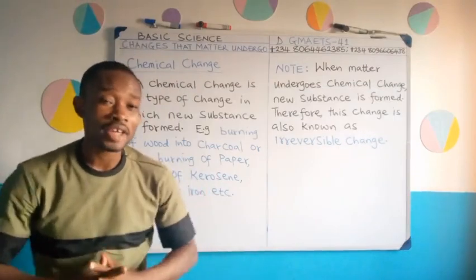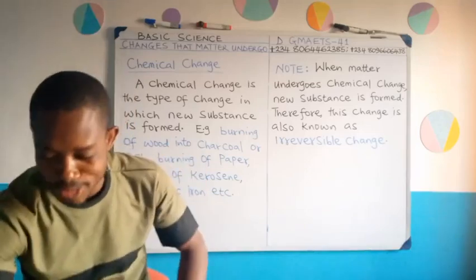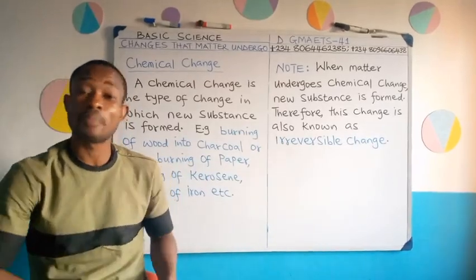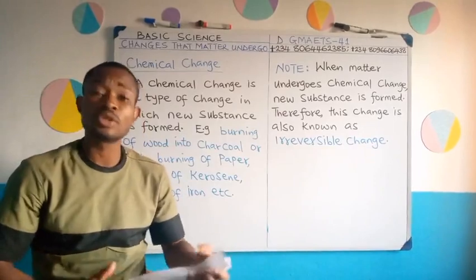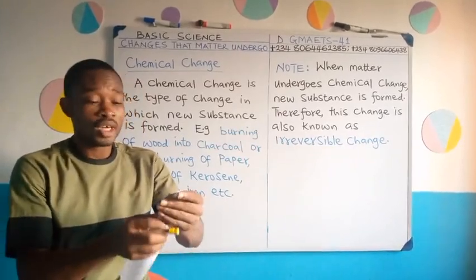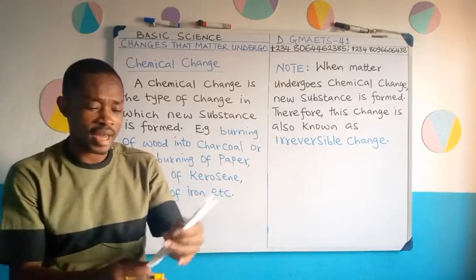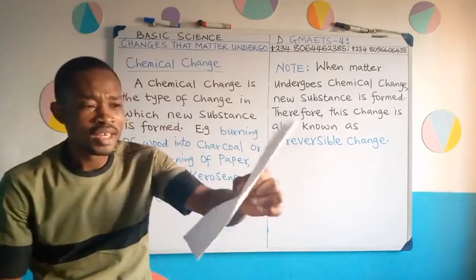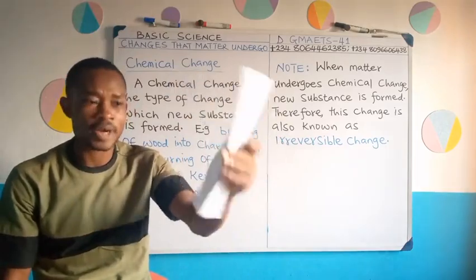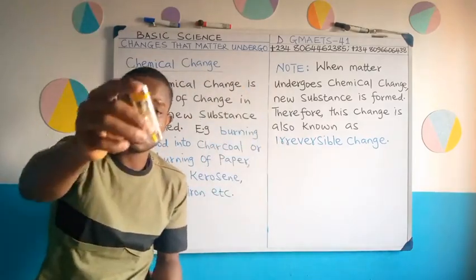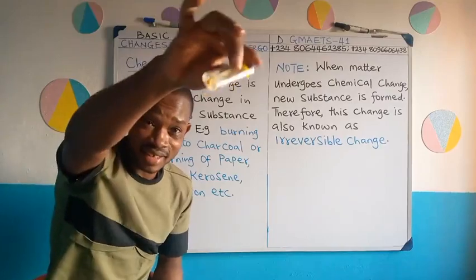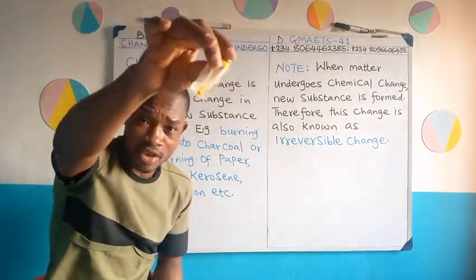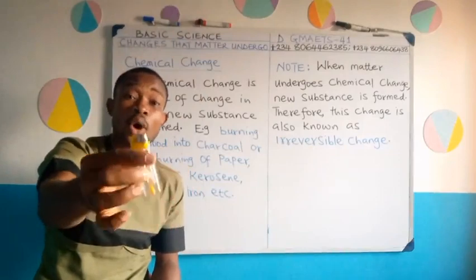Now we are going to try a quick home experiment. You can also do that to understand the idea of chemical change, when we say that you cannot reverse the process and a new substance is formed. Look at this. This is paper. Now I have this lighter. In the lighter, you have a gas in it. This thing that is moving like liquid is gas. Are you following? Now the gas supports burning.